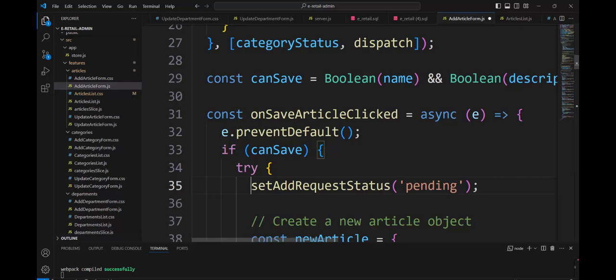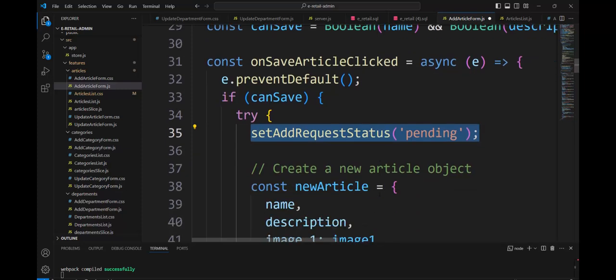And here is set add request status pending. It is important, and when it is pending, it stops, in that period, the possibility that anybody else clicks on the button. We cannot click more times. No, because the first click changes add request status to pending,